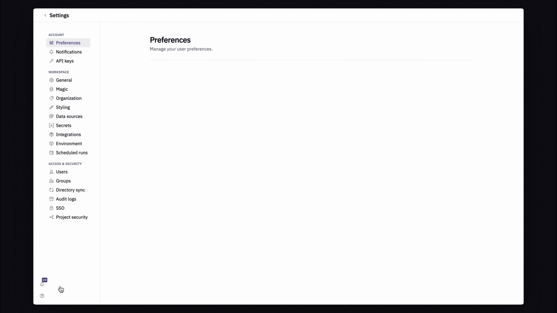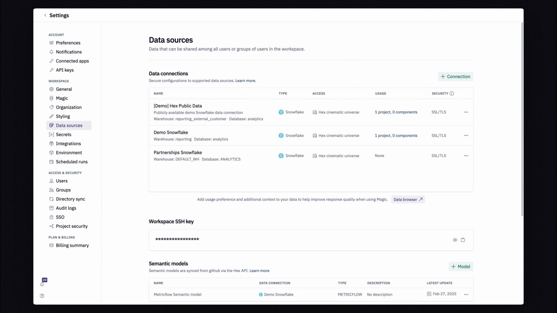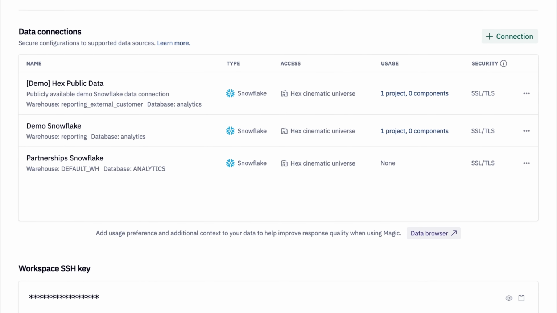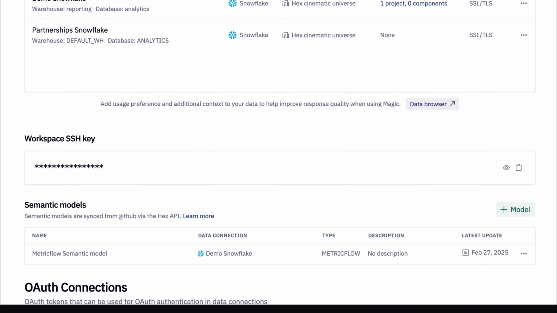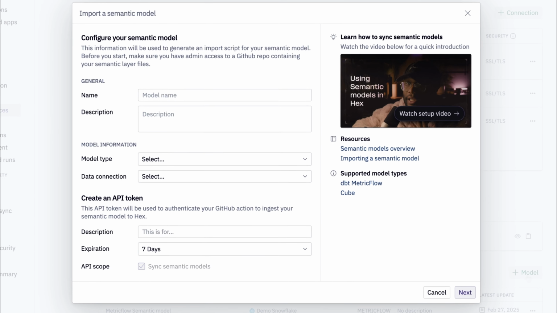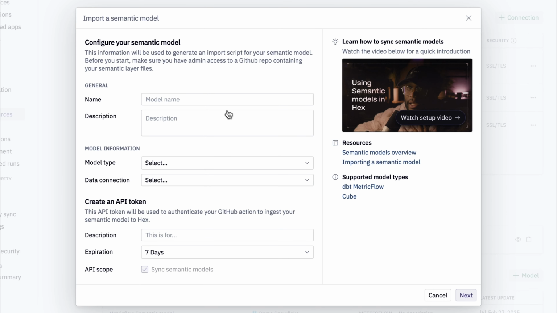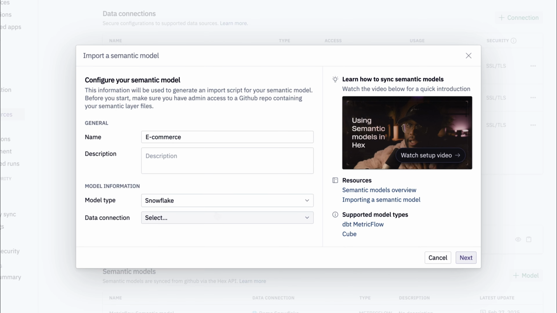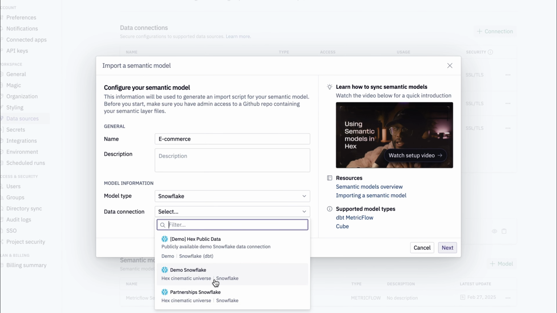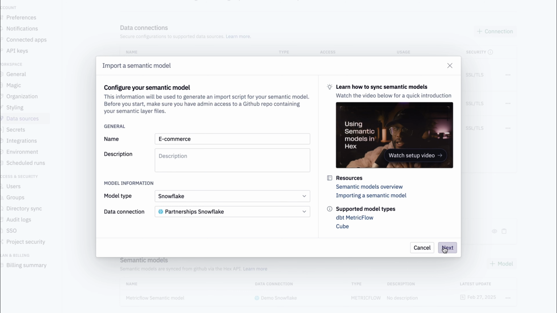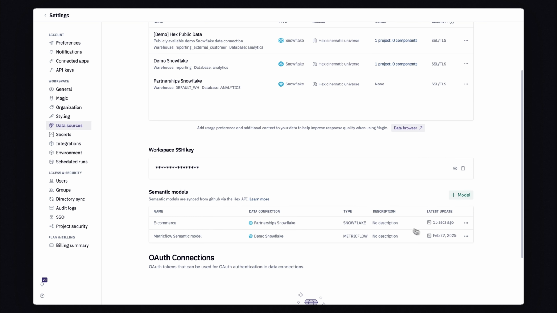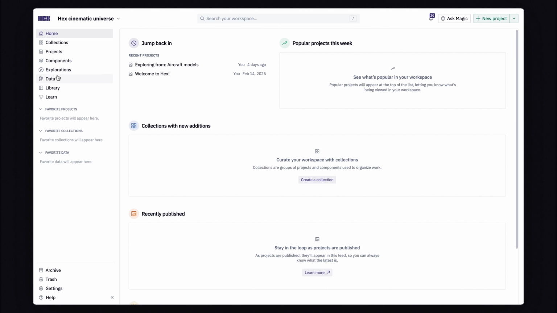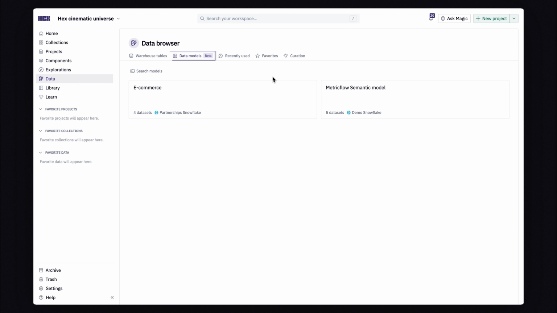Setting this up is pretty simple, and we can start by heading to the settings page. Under the data sources section, we can see our data connections, and we'll be using this connection right here. Just below that is where we can add our semantic model, and there I am, just waiting for you. Anyway, I'm gonna name this model e-commerce and then choose Snowflake as our model type. Then I'm gonna choose our data connection, and hitting next lets us know our model has been synced. Now, if we head over to the data browser and look for data models, we see our newly created Snowflake